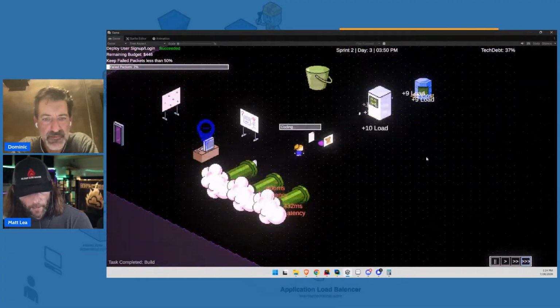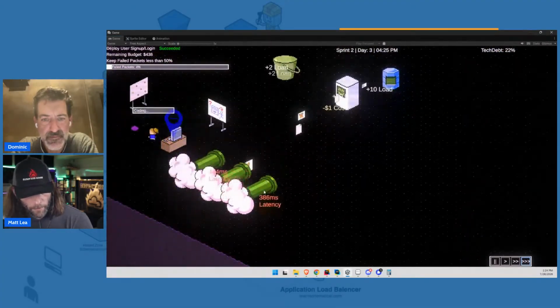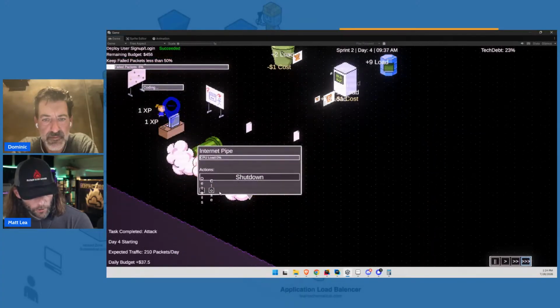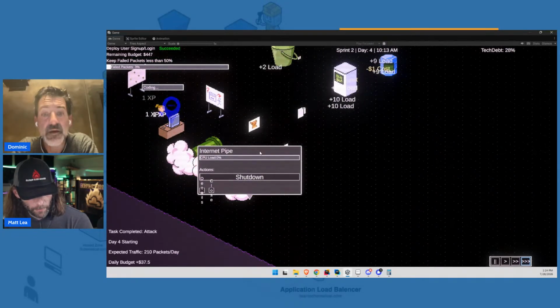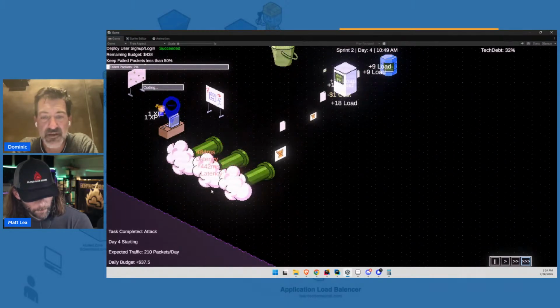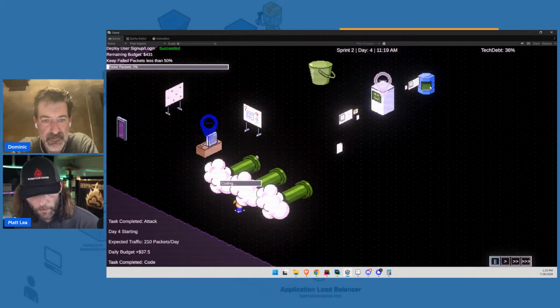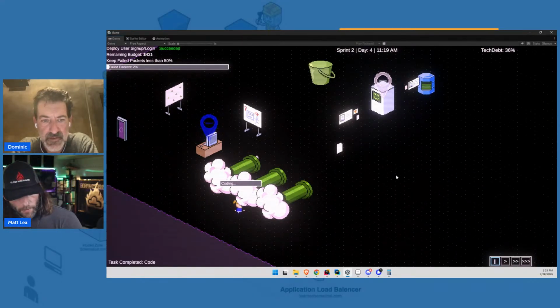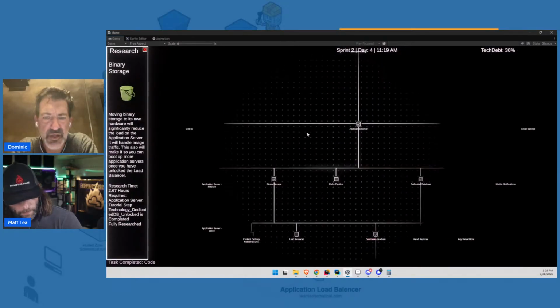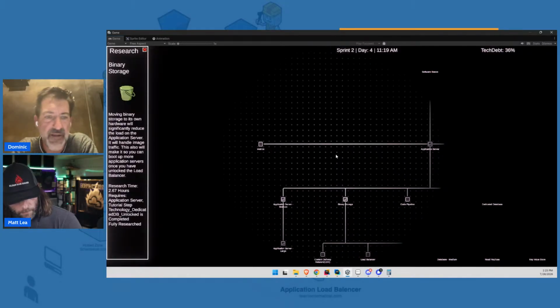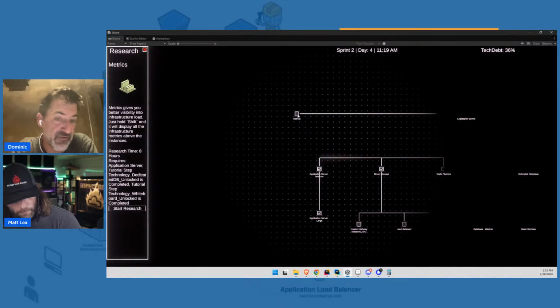I also added the ability. I don't think I have it in here right now. Okay. So if you unlock the firewall, you can actually shut down one of these pipes completely and block traffic, especially if you've got a DDoS attack on it, I'm assuming. Exactly. So I made the DDoS go a little longer so they're easier to track, but if you've unlocked the firewall, then you can go ahead and block stuff with it. That's interesting, because last time I played it, there wasn't a way to stop the DDoS. You just had to survive it.